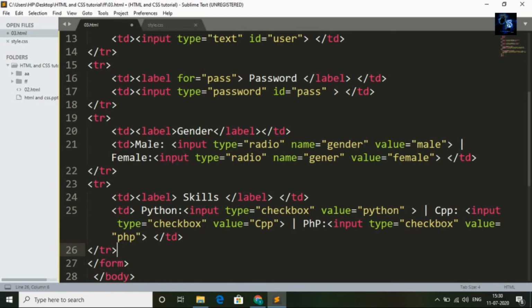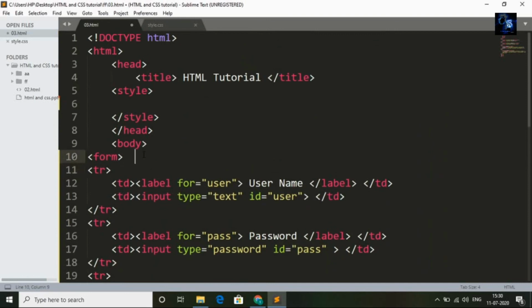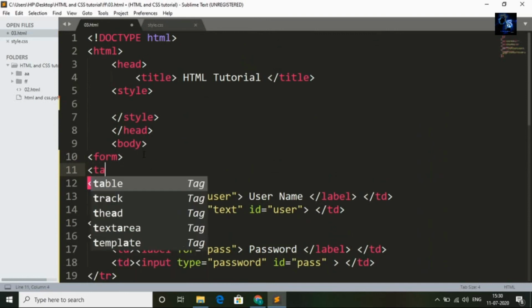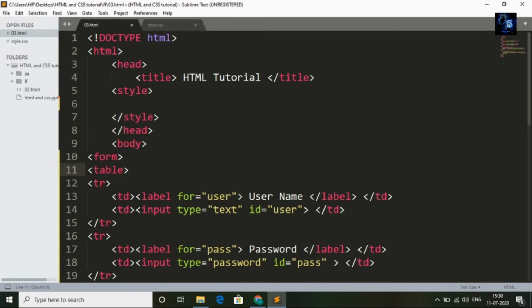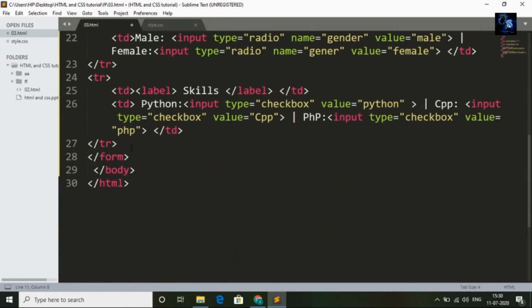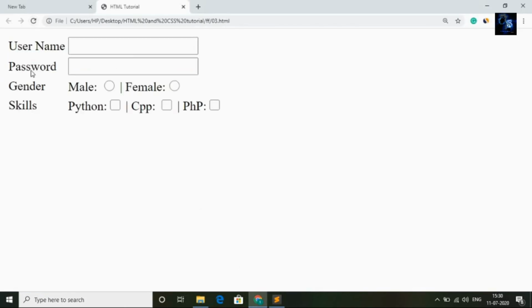And I need to add the table tag, table, and here the closing tag. Now the form will look nice. Wow, it's looking nice. Here the user can enter his or her name and password, and he can select gender, whether he is female or male, and he can also select skills, whether he knows Python, C++ or PHP.